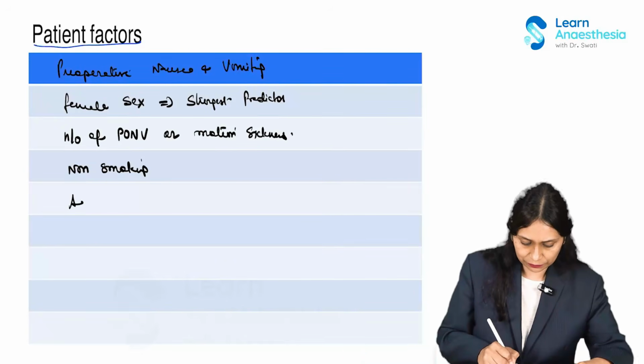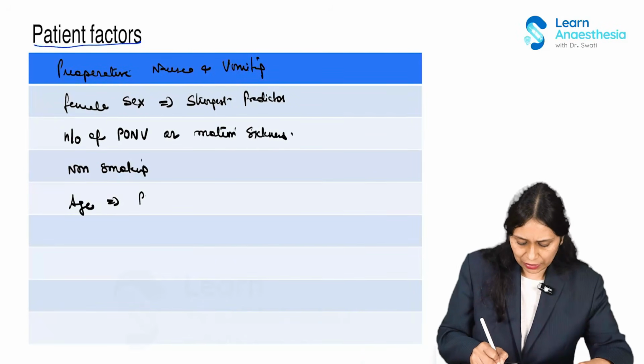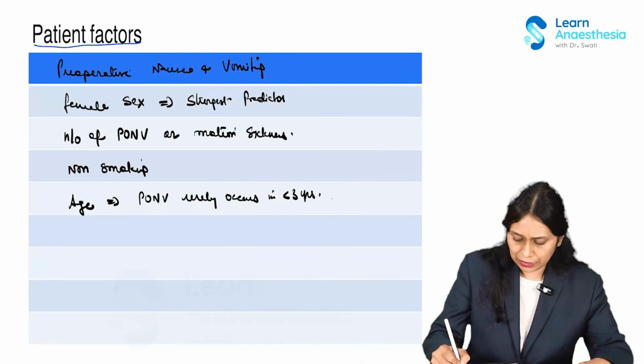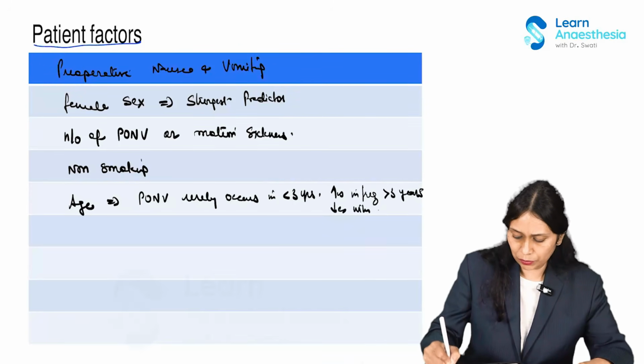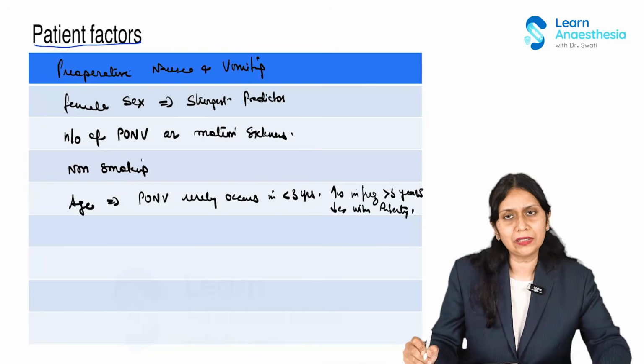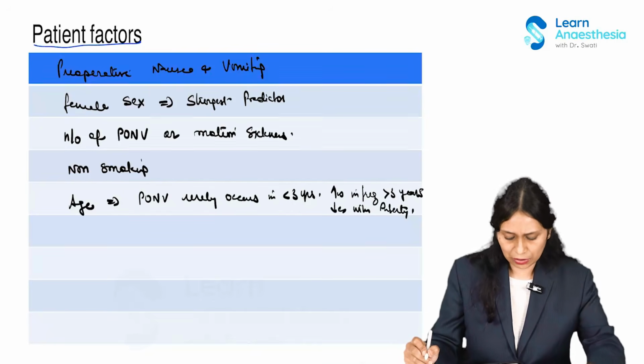Then age. Now PONV rarely occurs in children less than 3 years. It increases in frequency after 3 years, and then decreases with puberty. What are the other